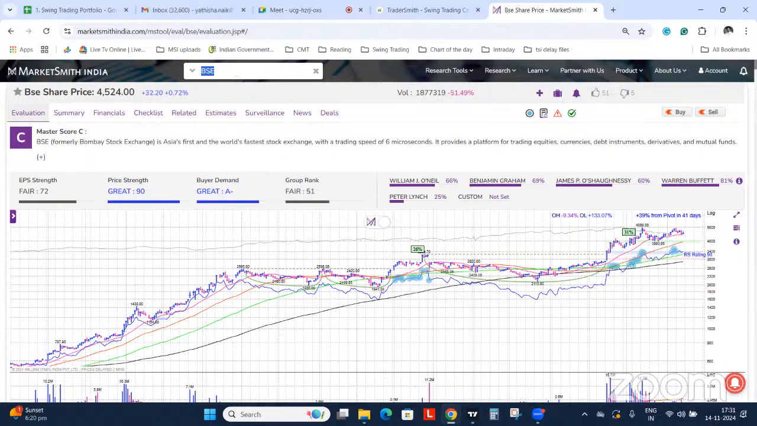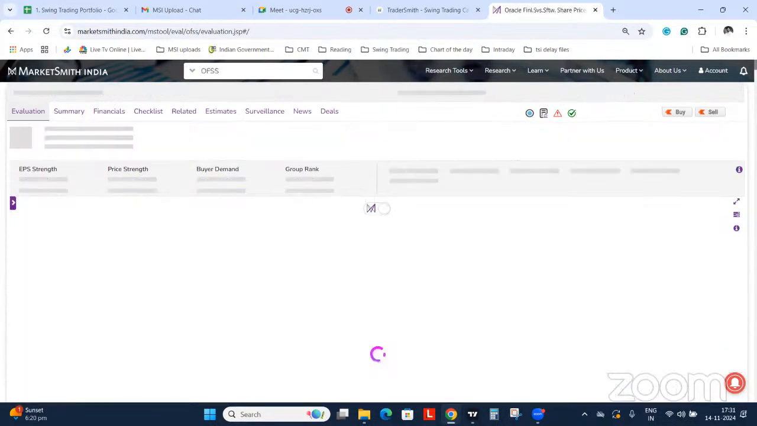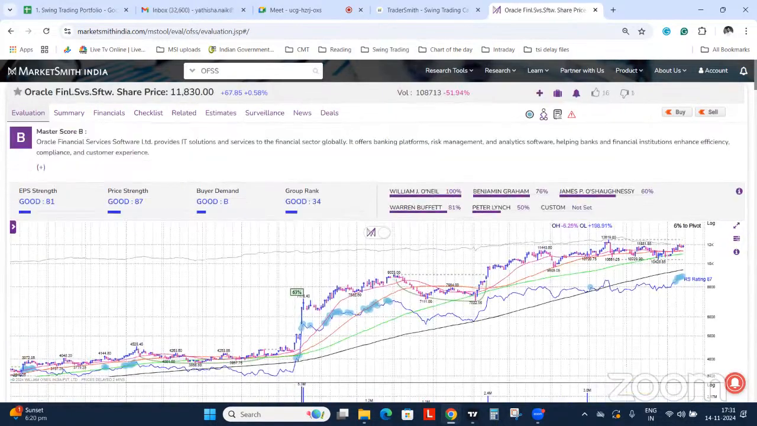Next one. Have you covered OFSS? No? Okay, so I'm taking OFSS. OFSS again, an IT stock, bullish trend. Trending above all key moving averages, but for the last couple of months it has been trading sideways with a positive bias. The bias is positive, no doubt, but there has been no major price move, and the range is roughly 10,500 on the downside and approximately